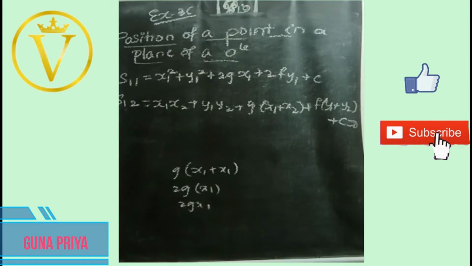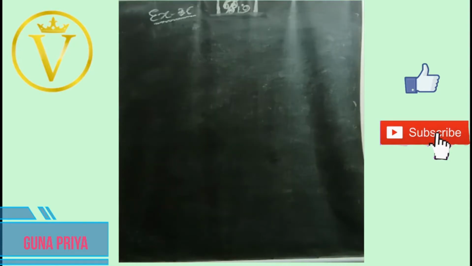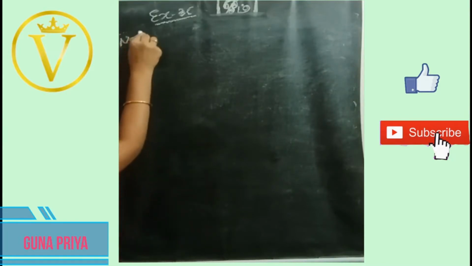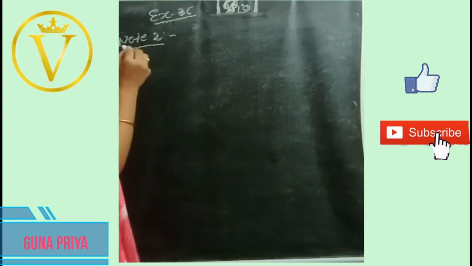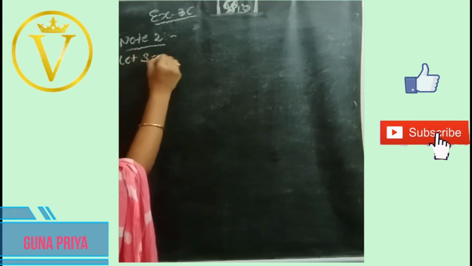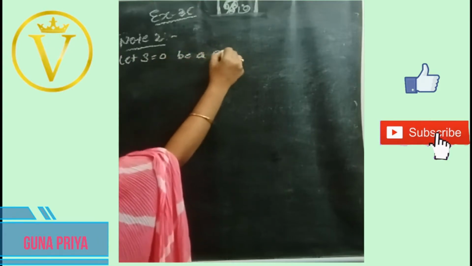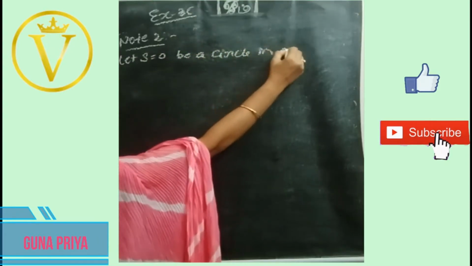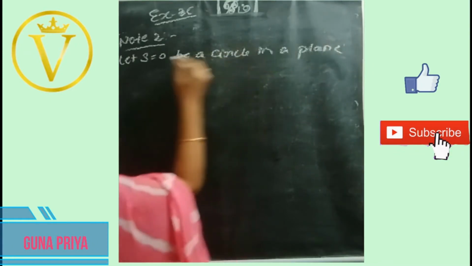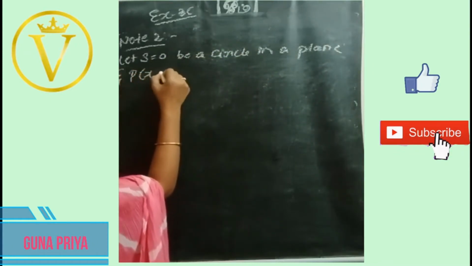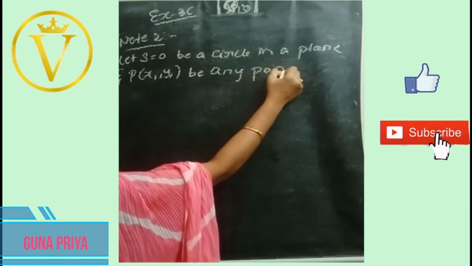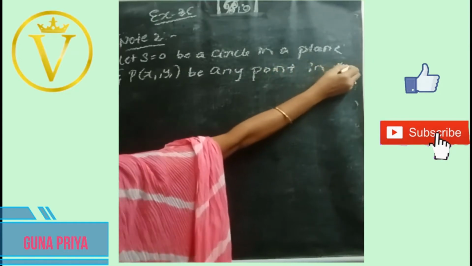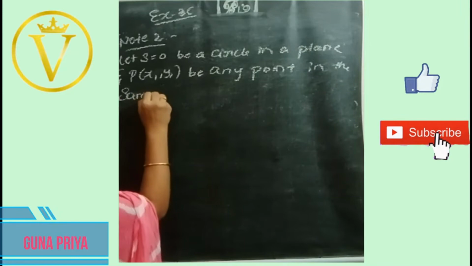Okay. Now we will see another note for this expression. Another note, that is note 2. Before we have discussed note 1. Okay. Let S equals to 0 be a circle in a plane and P of x1 comma y1 be any point in the same plane, then